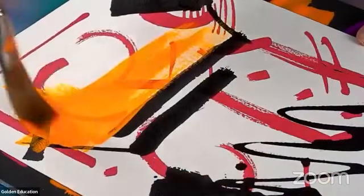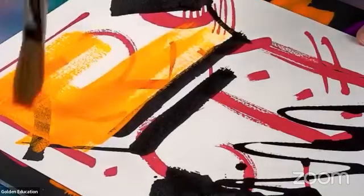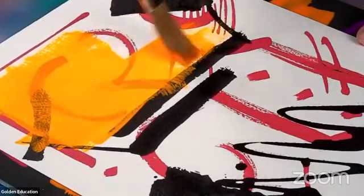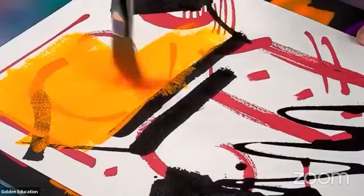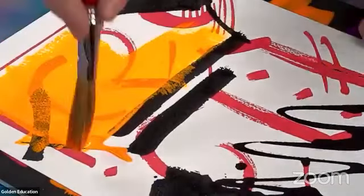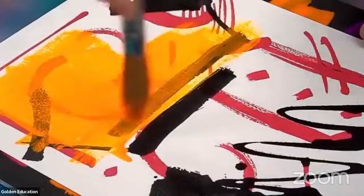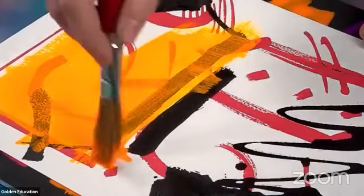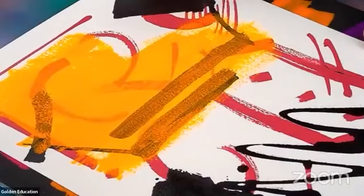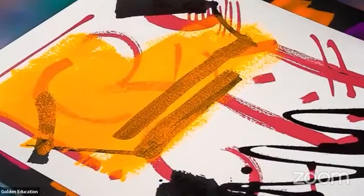I'll paint these out just so you can see on watercolor paper, which is very absorbent. So you see it sinking right into that watercolor paper, and the degree of transparency that they do have. On a less absorbent surface, I would be pulling this a lot longer, but this is just sinking right into that watercolor paper, which is nice actually. So that's the fluorescent orange, and I also have fluorescent pink